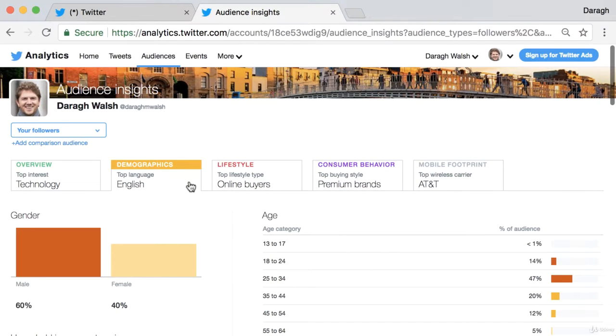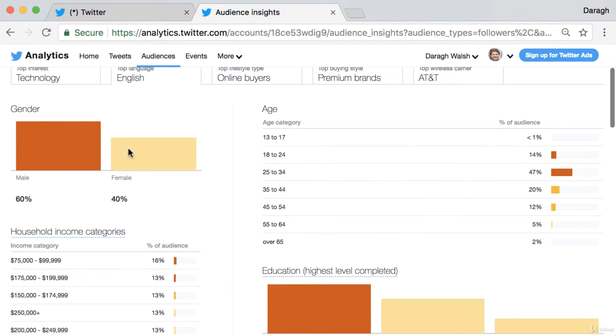And probably the most valuable tab here is the demographics. You can see the male or female split in your audience, 60-40 there, and you can see the age range as well. So you just want to come in and say, is the audience that I'm trying to attract, the audience for my blog or my product or my service, really matching up with my Twitter audience? And if not, maybe I should